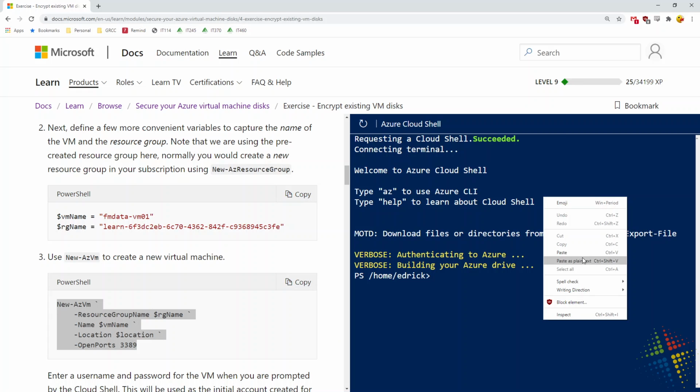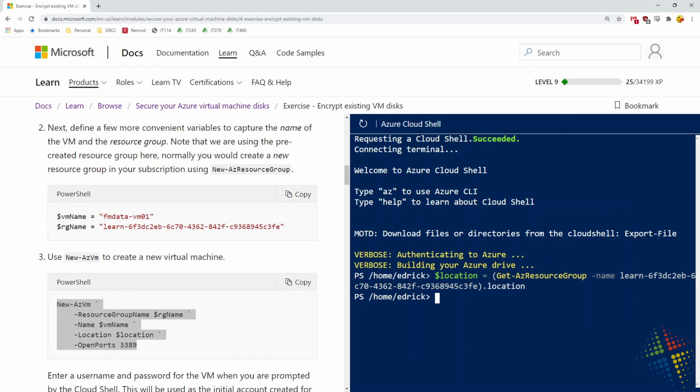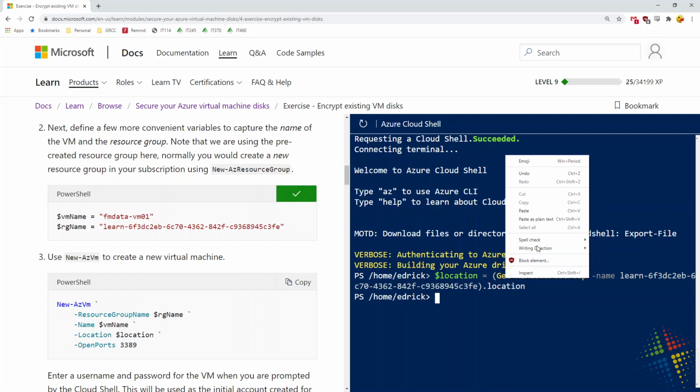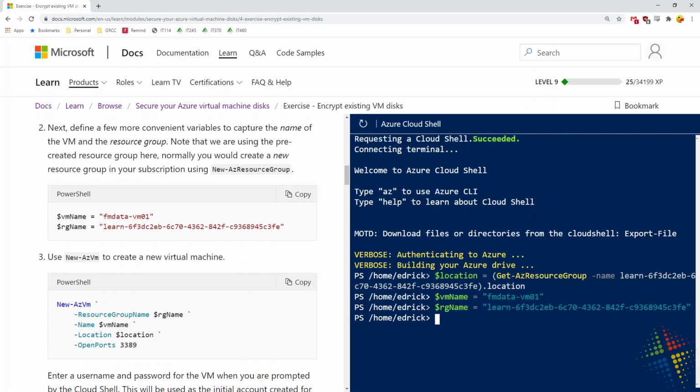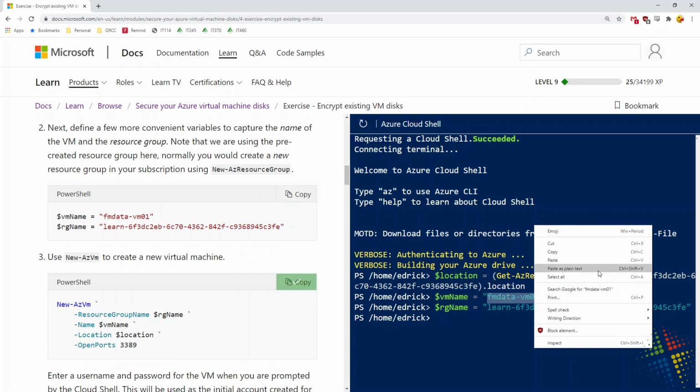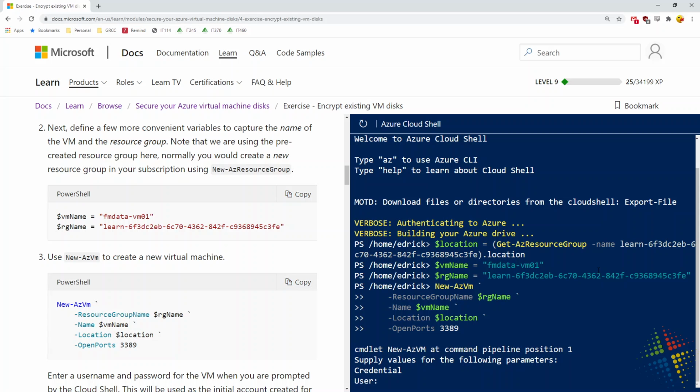There we go. So first off is we set our location. We then set a couple other variables. The first one called VM name, and then the resource group. So we're going to create a VM called FM data. And then lastly, to create a new virtual machine,